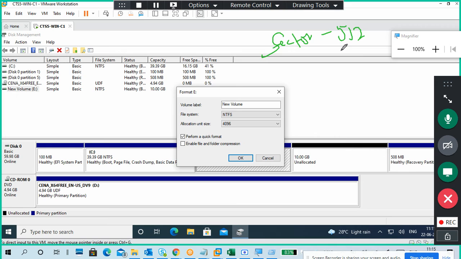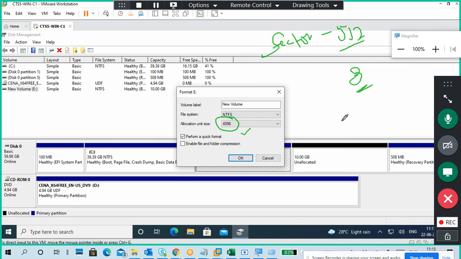Each sector is 512 bytes, and I want this size by combining some sectors. How many sectors are required? Yes, you are correct, 8. 512 plus 512 is 1K. It is 512 into 8, and you get 4K.